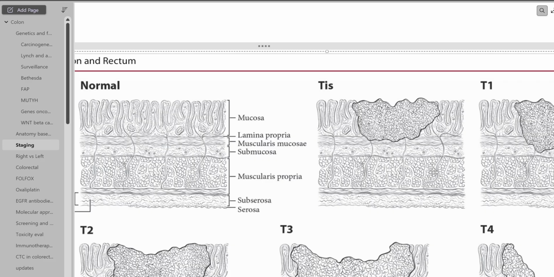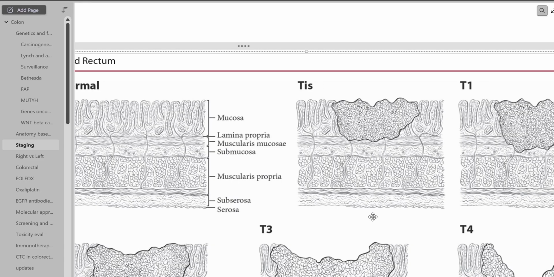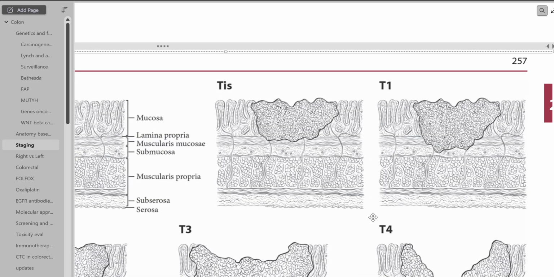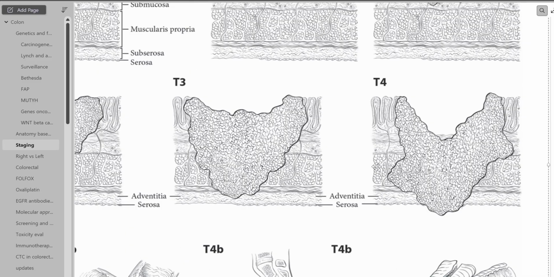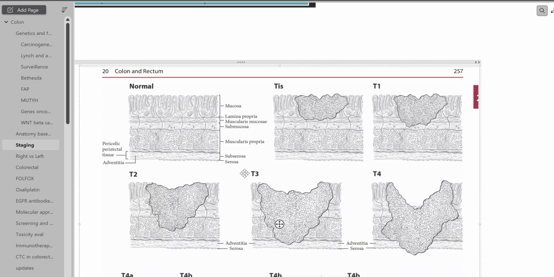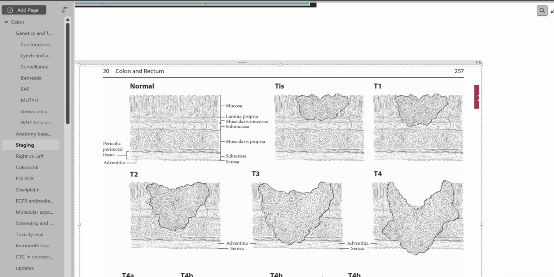and then you have the muscular layer, which you can think of as the gut wall, and then you have the subserosa, and then the serosa or the peritoneum. Now all these are peritoneally wrapped organs, so it will be hanging in the peritoneum, the colorectal cancer. Now, when it is carcinoma in situ or T1, T1 penetrates through the submucosa, T2 penetrates through the muscular layer,